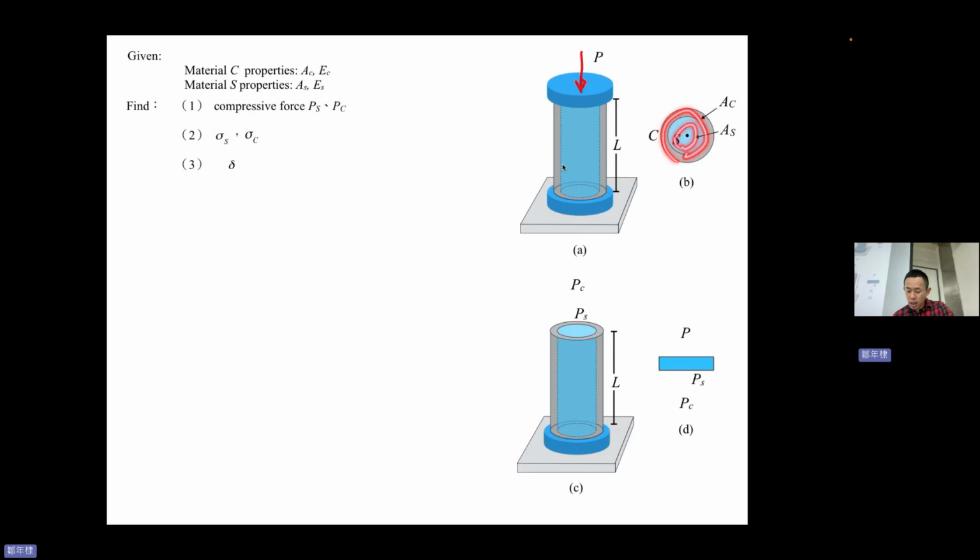C and S, okay? And delta is the deformation, okay? Sorry, should be this one, deformation. After we apply for AC, EC, AS, ES. Okay, so this is a little bit difficult. So let's explain this. All right. So the first one,